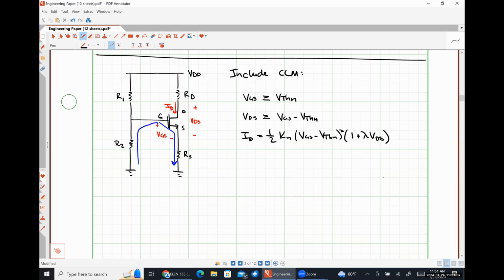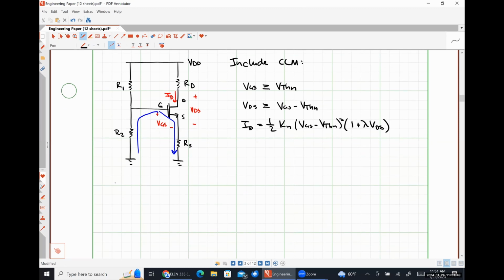Not going to write down what VG is again because it's the same thing every time: VDD times R2 over R1 plus R2. So we can solve for VGS by writing a Kirchhoff's voltage law equation around that bottom loop that I've done in blue. And so we get VGS is equal to VG minus ID times RS. Substituting in our relationships for VG and ID, we get